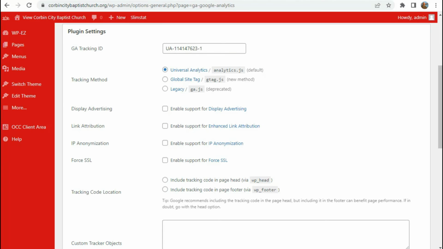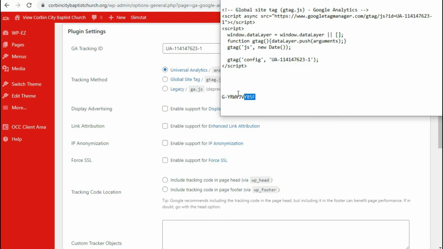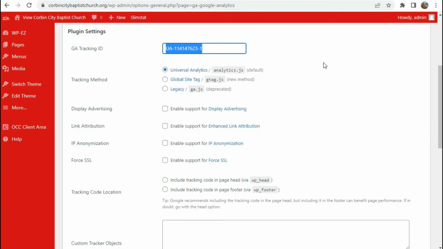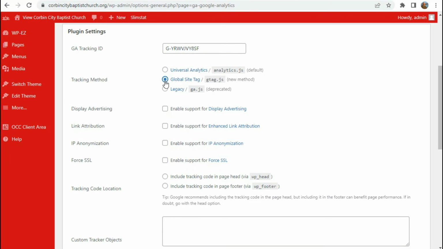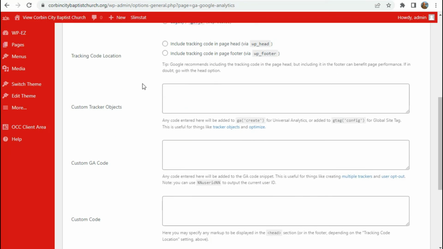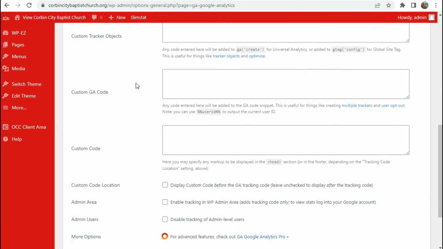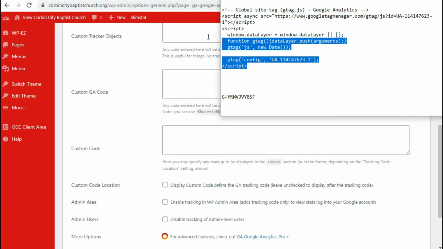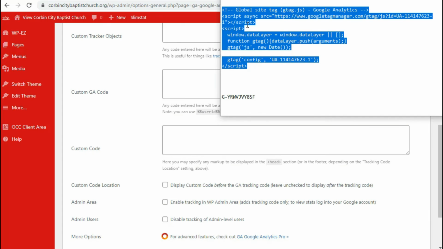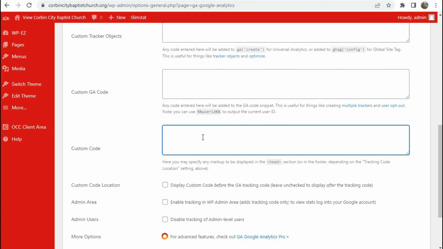So the first thing we're going to do is we're going to get our tracking ID, which is that Google Analytics 4 measurement ID. We hit C to copy and V to paste it in. Now we're going to switch from Universal Analytics to Global Site Tag, and then we are going to scroll down to Custom Code, and we are going to take the code from Universal Analytics, hit Control C to copy, Control V to paste,